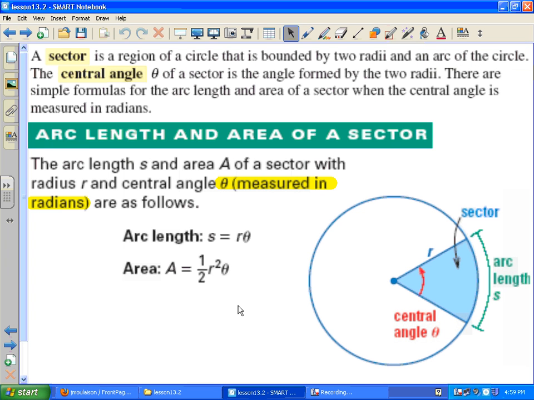The last part of the lesson on general angles and radian measure talks about the arc length and area of a sector. Here in the figure you can see what they mean by the arc length of a sector and also the area of a sector, the shaded-in region. So you can see the two formulas indicated here. And if you recall from your studies in geometry,